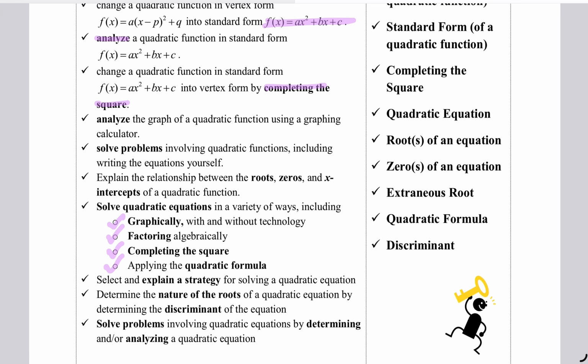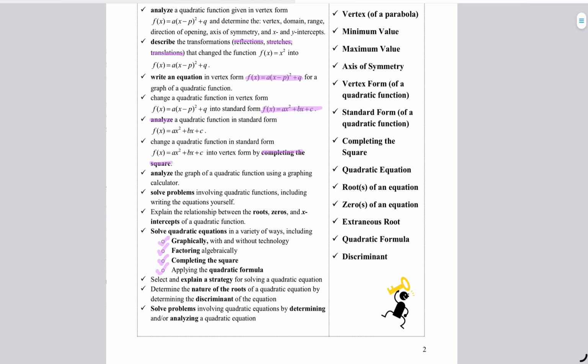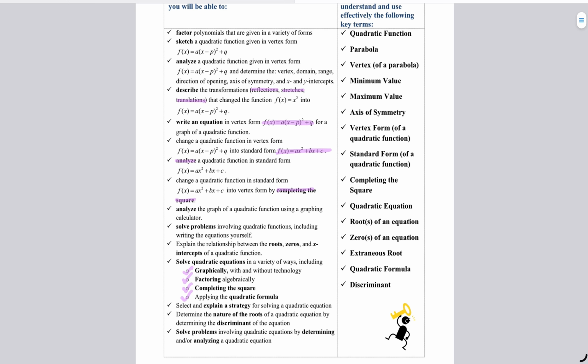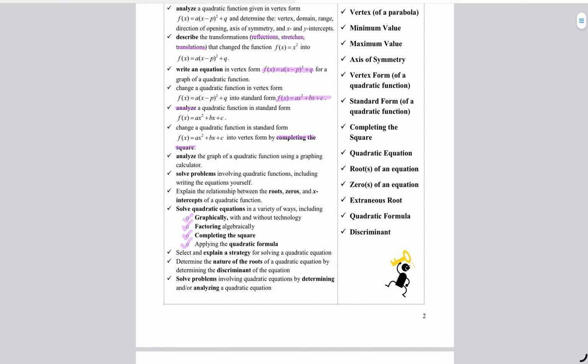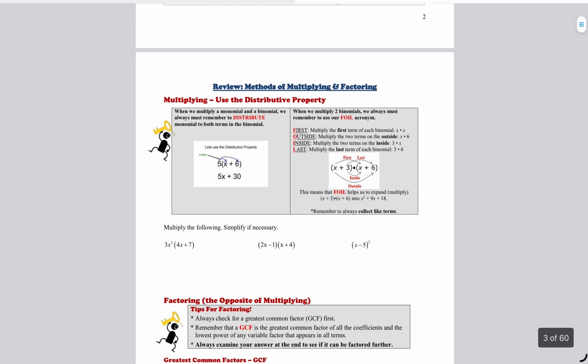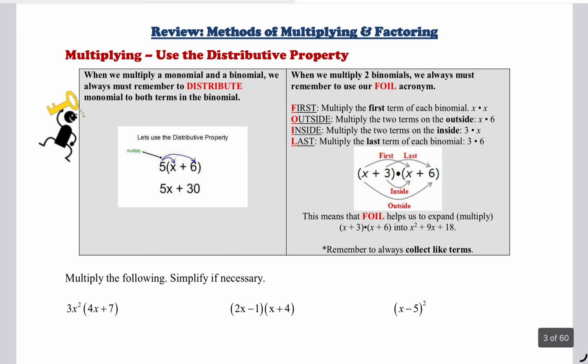So this is something that if there are a few words you're like, what are you talking about? We'll go over them together as well in the upcoming lessons. But this is kind of like a trailer of what's coming in this lesson. So let's review the methods of multiplying and factoring first. So this is grade 10 stuff. We just need this to